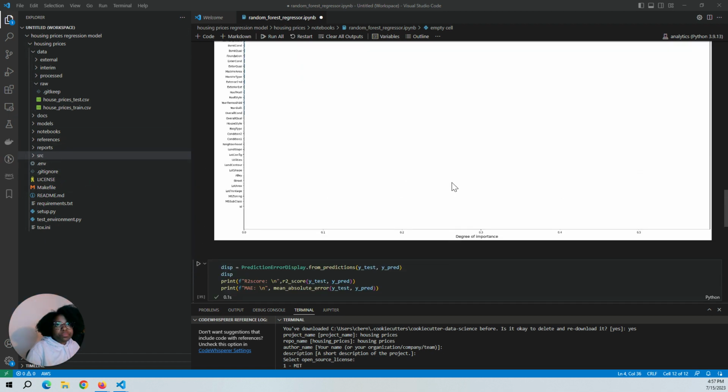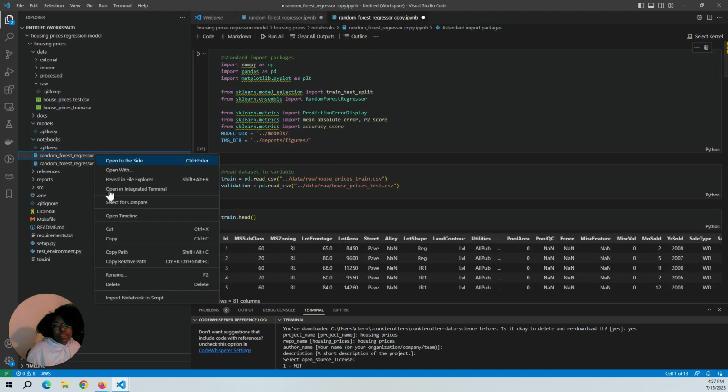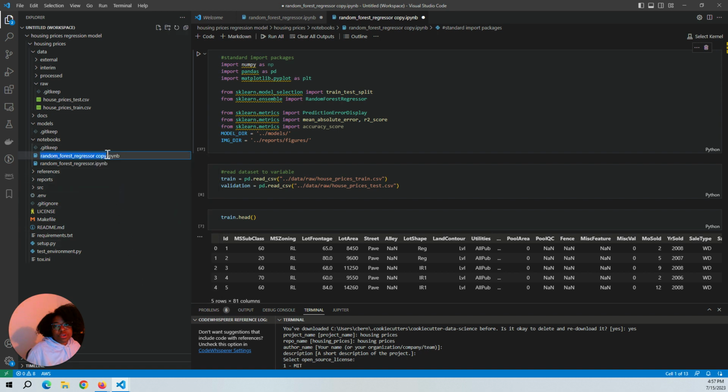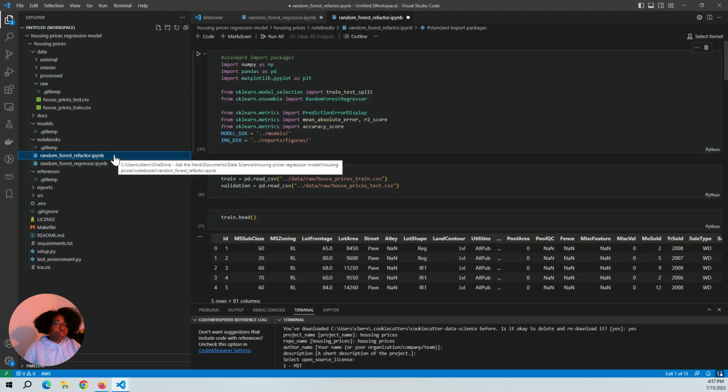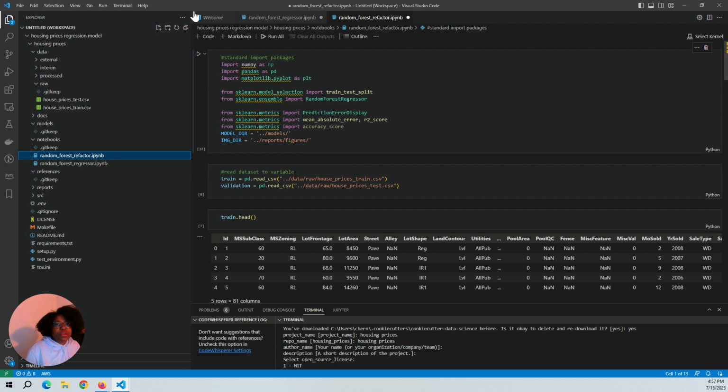Okay, so next I'm just going to copy this over into a new notebook. So copy paste. And we're just going to kind of refactor this code to include multiple parameters, as well as potentially a better, well, not a better kind of data pipeline. It really just depends on what you're trying to do. So here we've imported